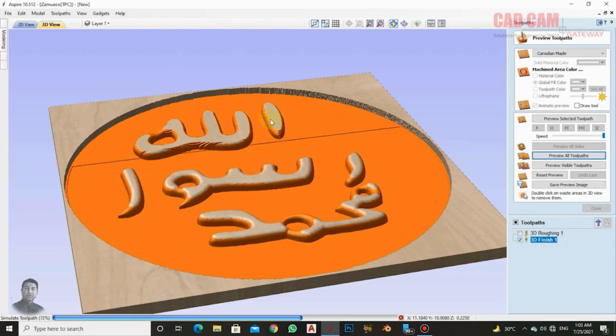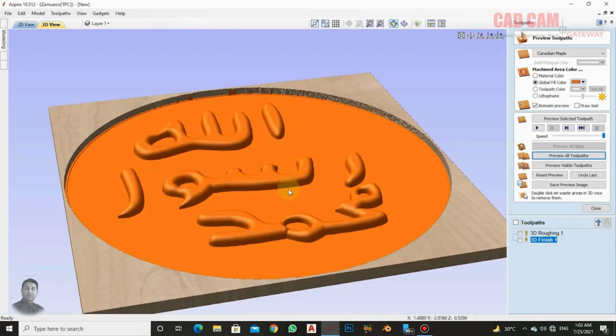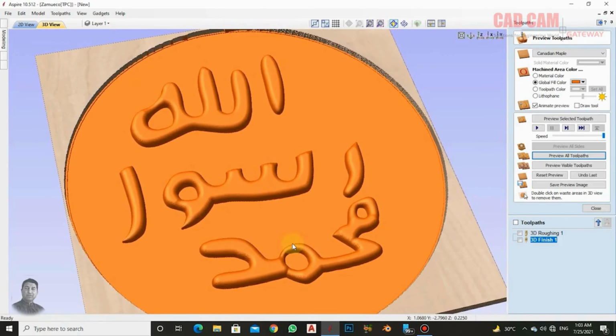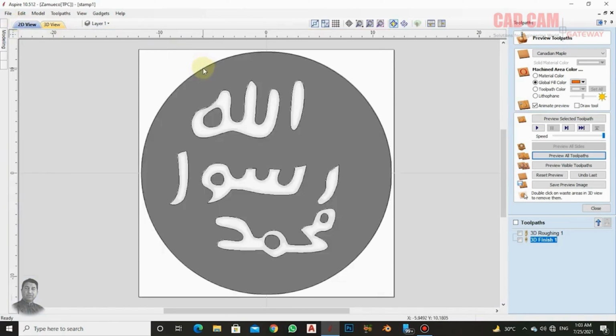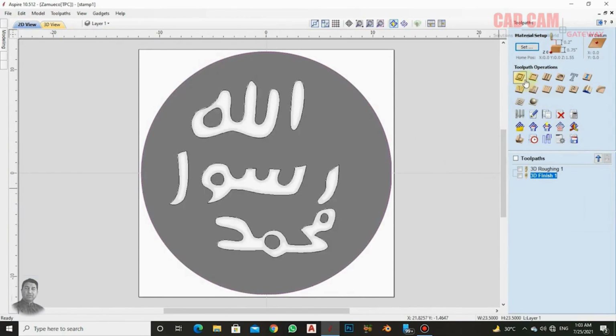Look, I'll reset the preview and then do a preview all. So first you'll see the roughing. After the roughing, look at the final cutting. It's only happening in the area that we defined in the design. After that, what will we do? Look, after this, we'll need to go to 2D and then select this circle here. After selecting it,